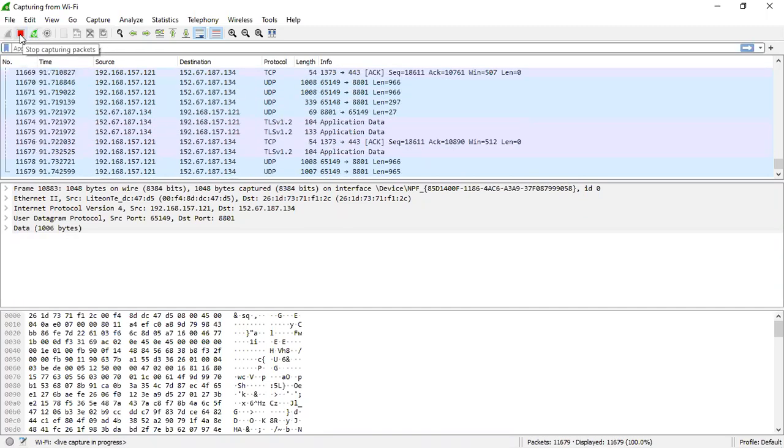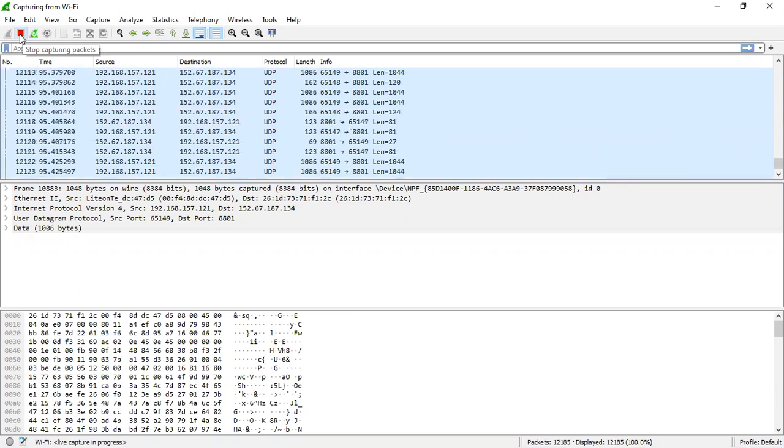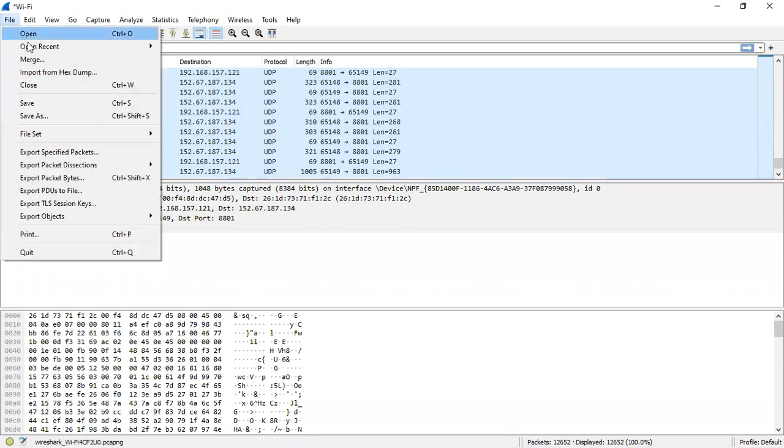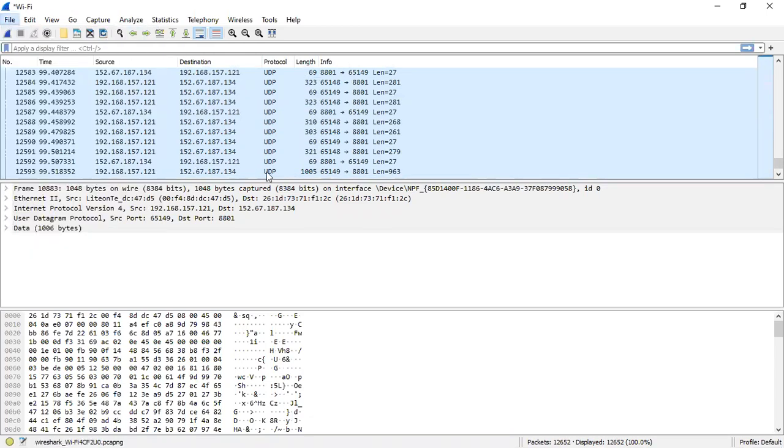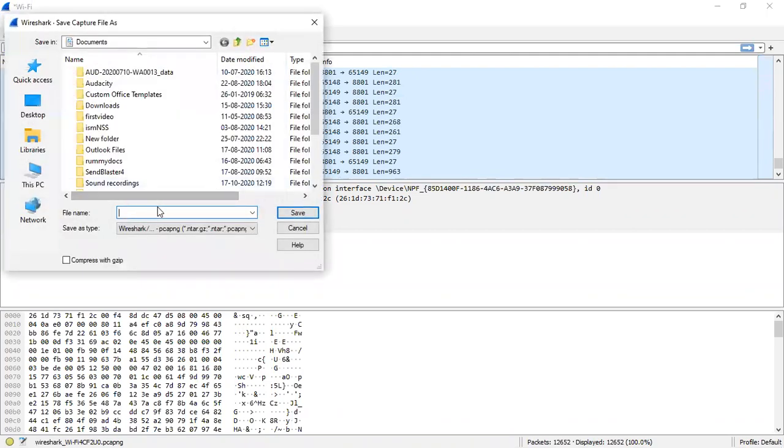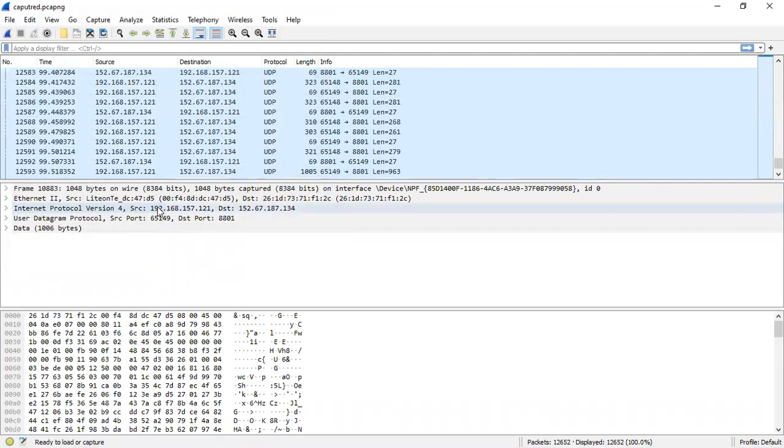Now you can just suppose someone just used some websites and gave their details. What you can do is just stop capturing, go to file, save as, captured. Just save the file. Okay.